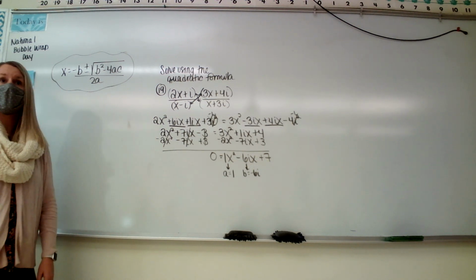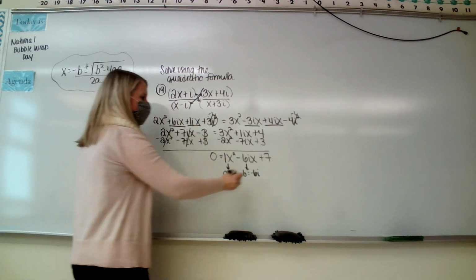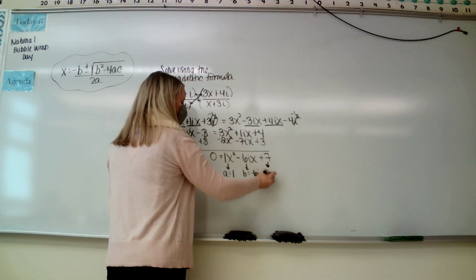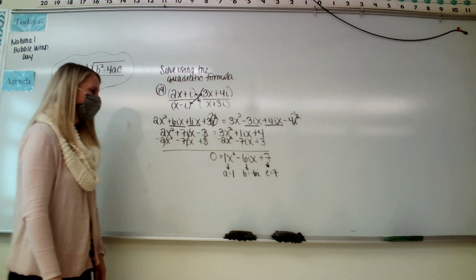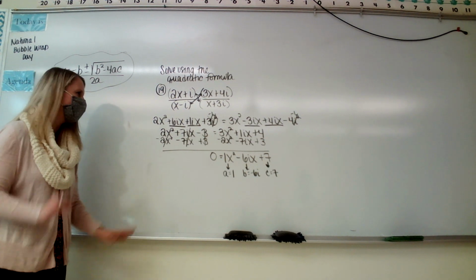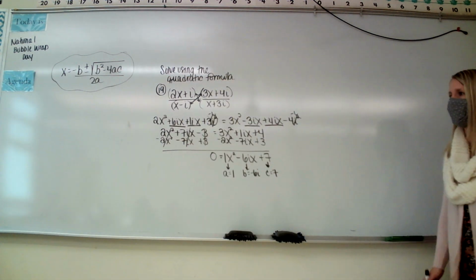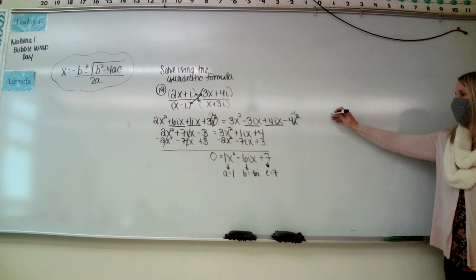B is -6i, so you need to take the i with it, because it's part of the number. And then C is 7. All right, so let's plug in. You're going to see it's actually not as bad as it looks. It's just that the i kind of throws us off, but we're doing exactly what we did with regular numbers. So x equals